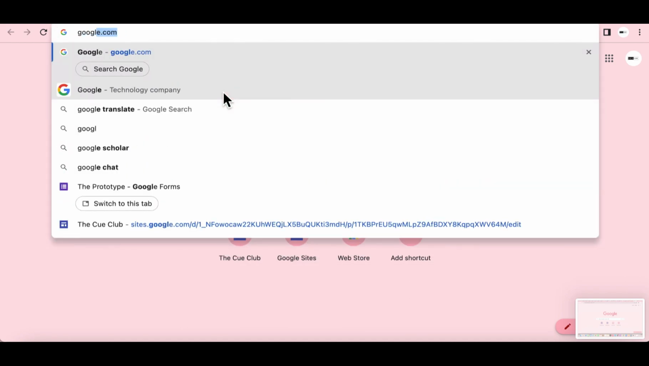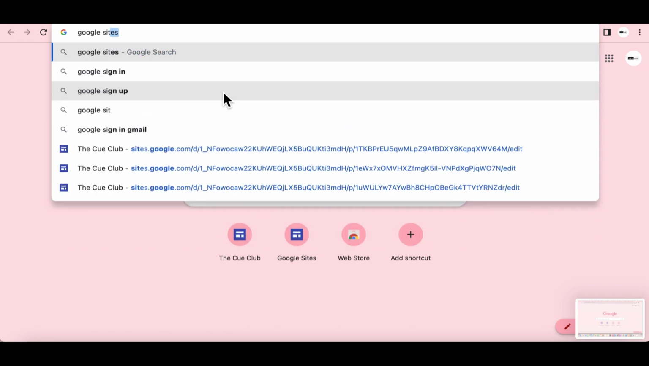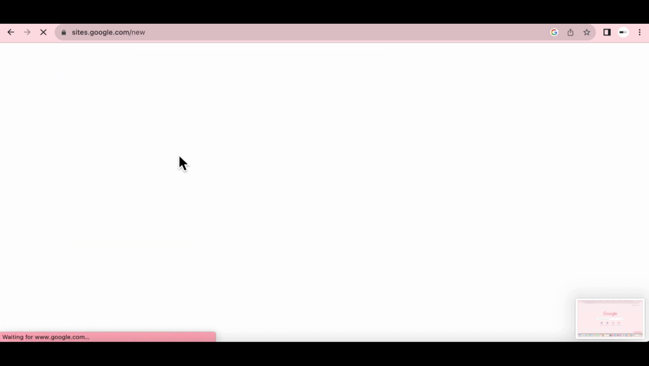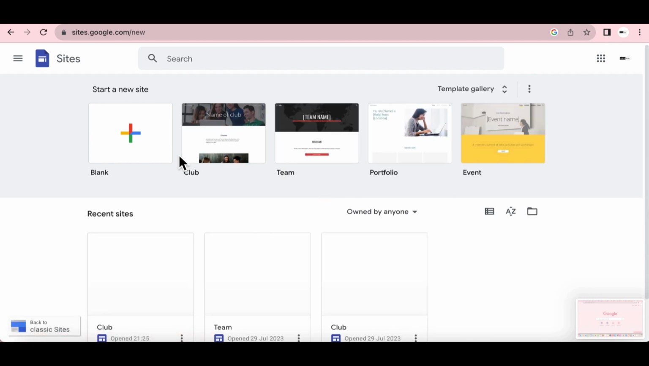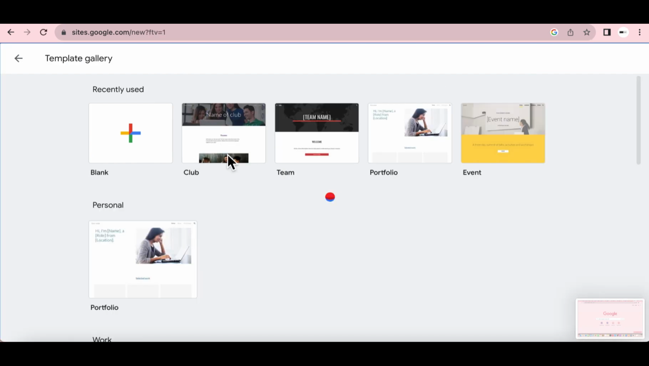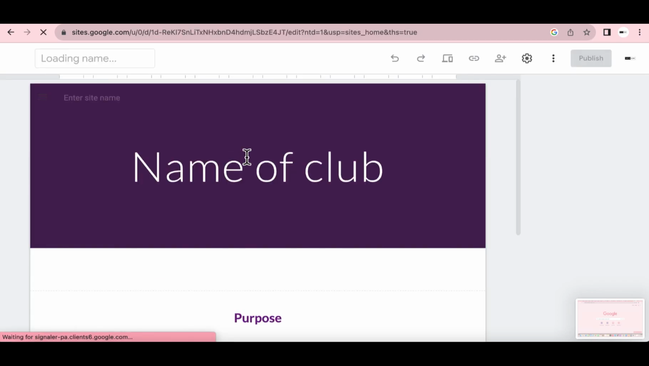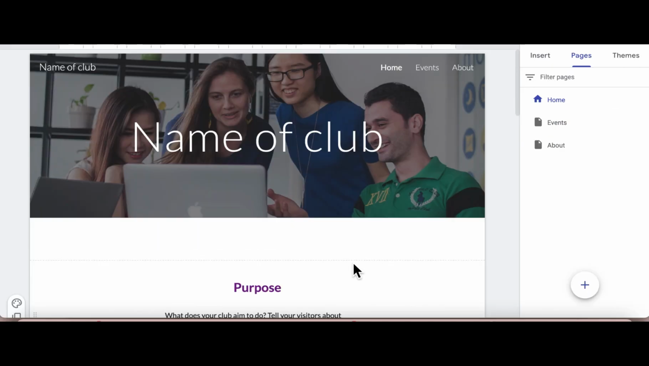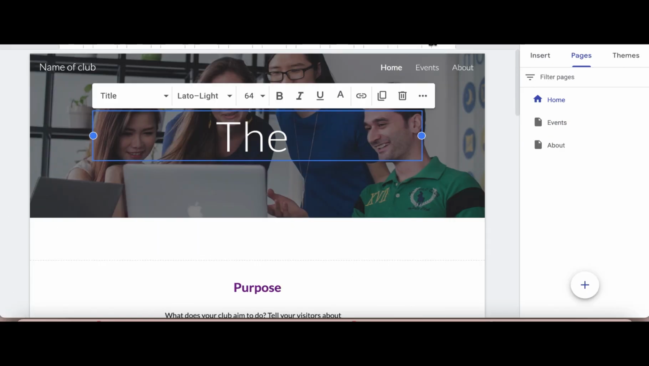So the first thing you want to do is log on to googlesites.com. Just type that in, open your Google, and type that in. Click on sign in, then click on templates gallery. You'd see more. I chose to go with the club because this is actually for a community website,